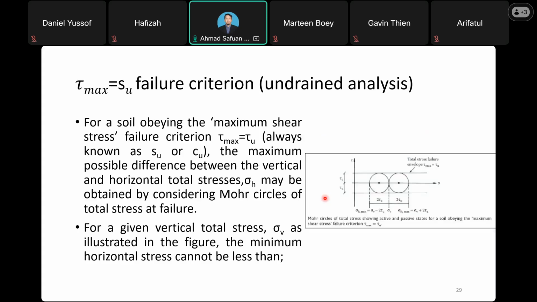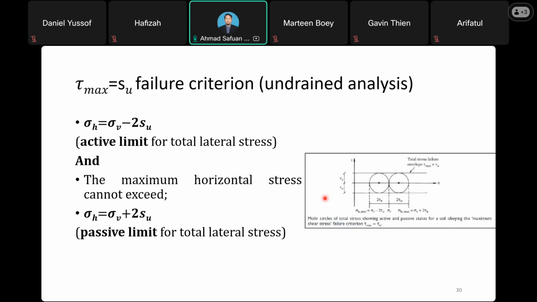The maximum possible difference between the vertical and horizontal total stress sigma h may be obtained by considering the Mohr circle of the total stress at failure. For a given vertical stress sigma v, as illustrated in the figure, the minimum horizontal stress cannot be less than,